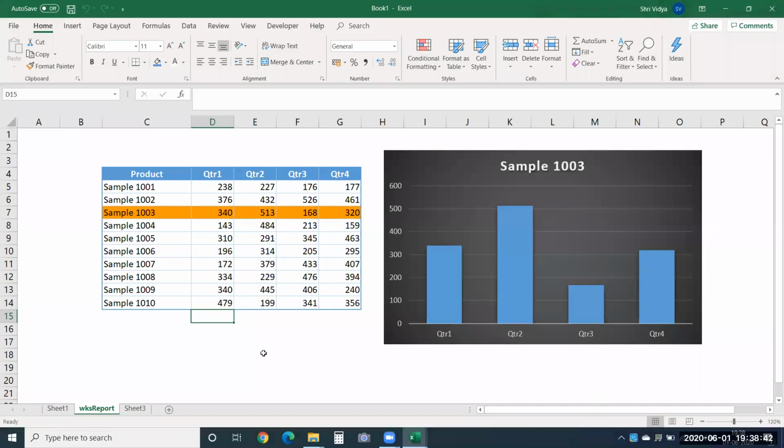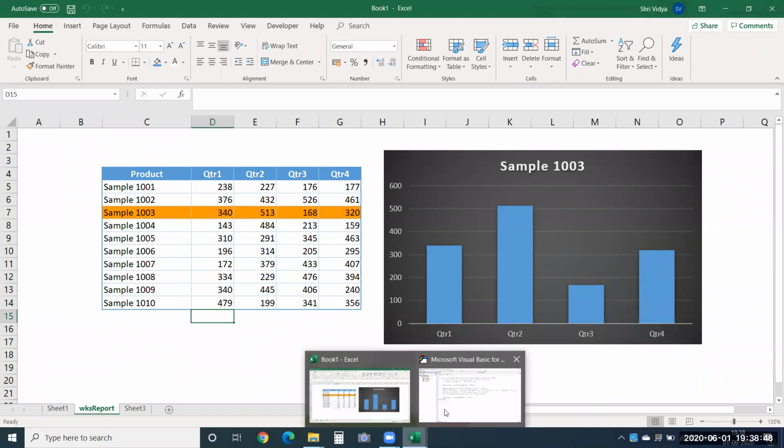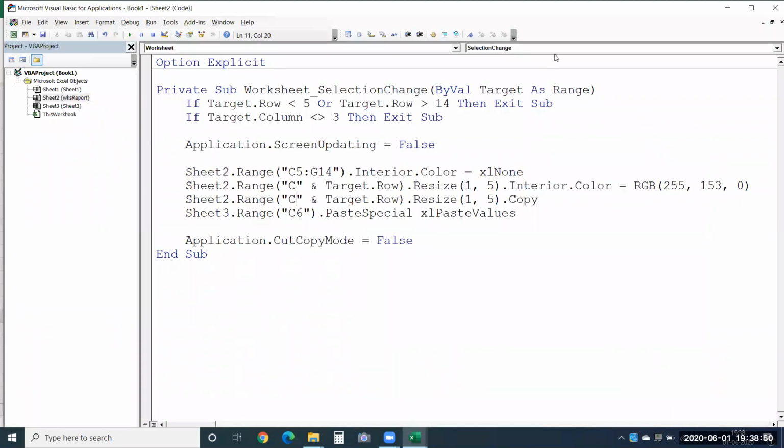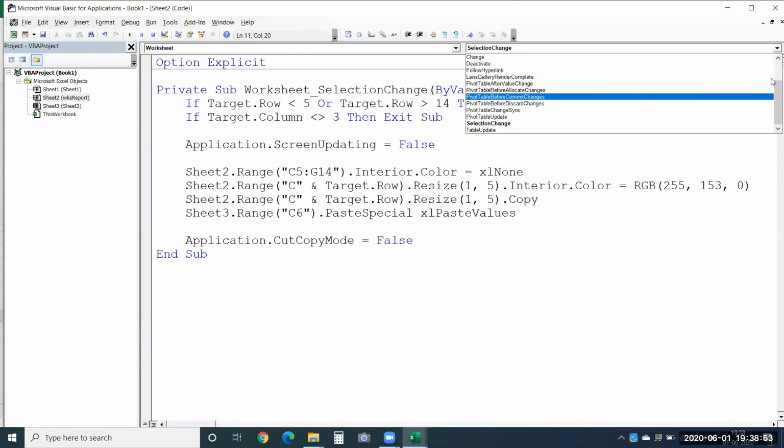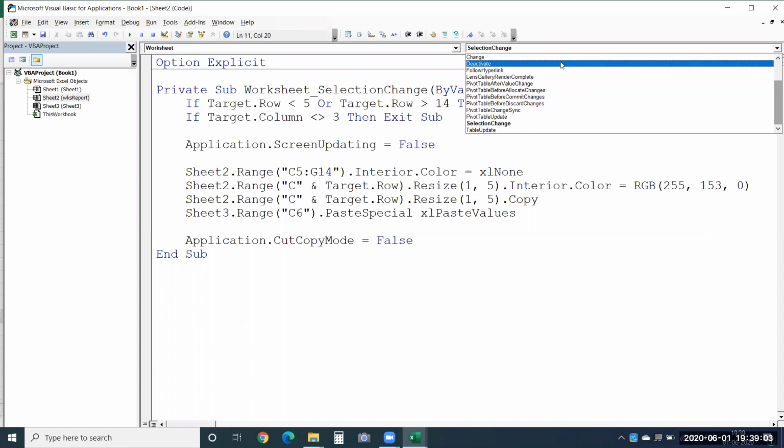So likewise, you can use different events over here. We have a list of events to choose from. I've just shown you one of the events. You can explore all these events that are present here. Only if the situation demands, you use it. So you have a lot of other things also, as I said. You can choose them and do it.